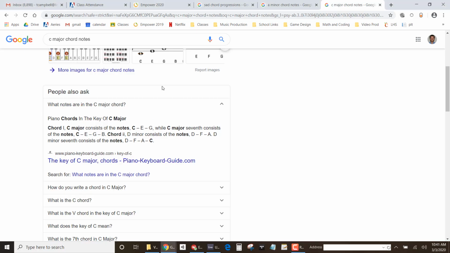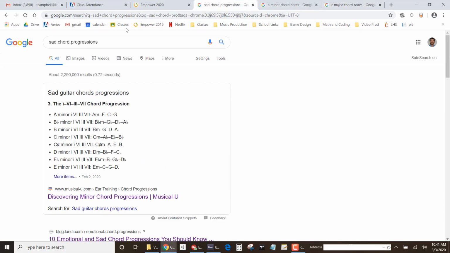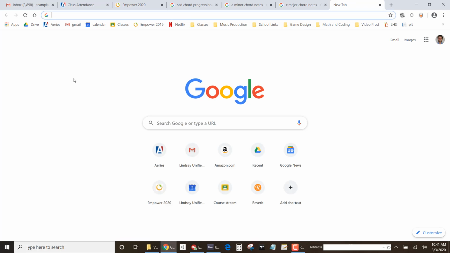Again, the big thing to remember is using Google to look up the word chord progressions and then with the emotion you're going for right before it. And if you also want to do more research into, okay, how do I make a song sound more aggressive? Obviously your instrument choices are the main thing with that, the way the drum beat's hitting. But you guys use Google as your friend. So type in